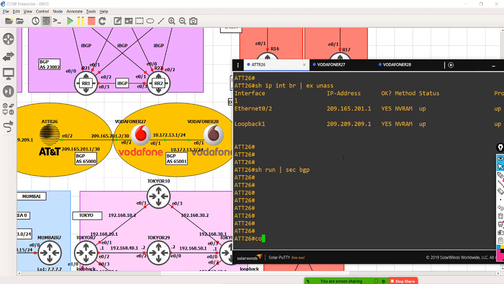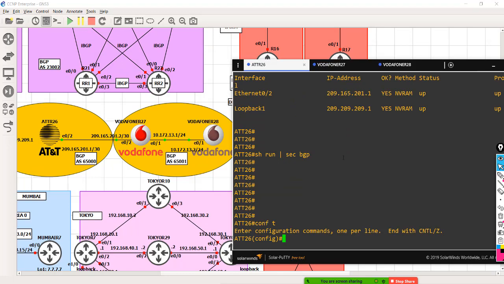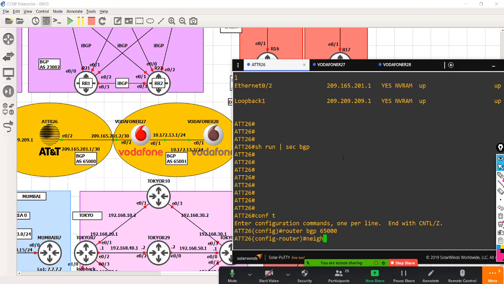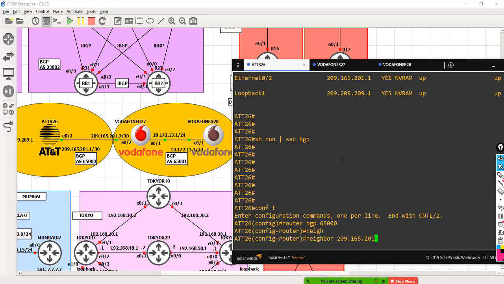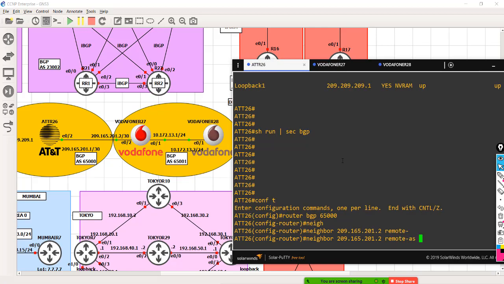So let's configure BGP first. Router BGP, local AS value 65000. What is my neighbor? Neighbor is 209.165.201.2. What is the remote AS? Remote AS is 65001.